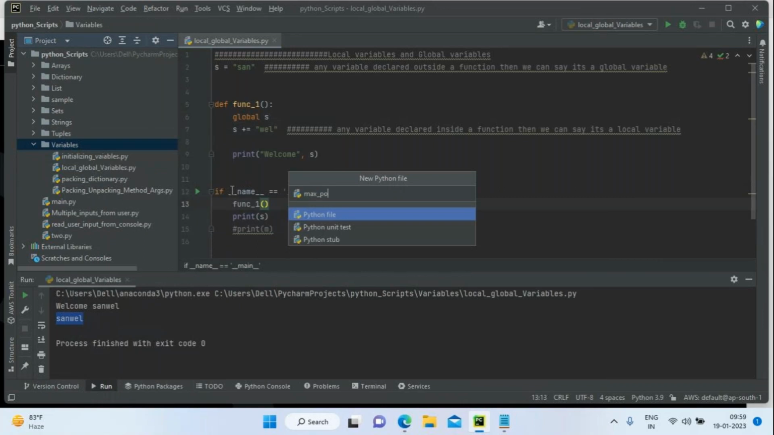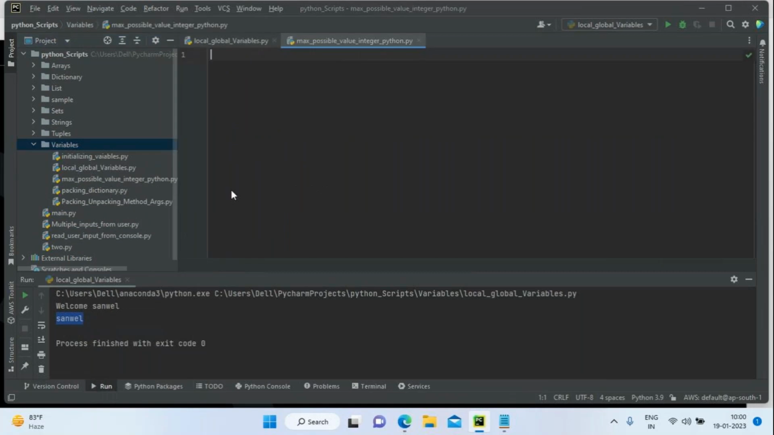Maximum possible value of integer in Python. You want to know the maximum value of an integer in Python, right? On the day I said to you, the maximum possible value of integer in Python